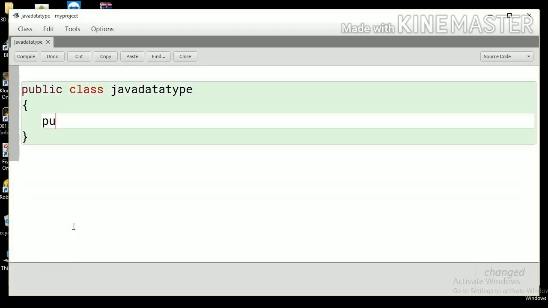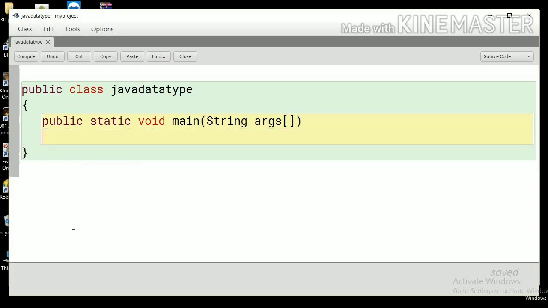I'll only create one function, the public static void main function, as I just want to show you how data types are used. So I have created this function.